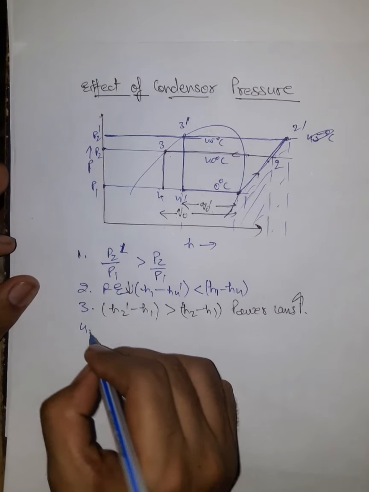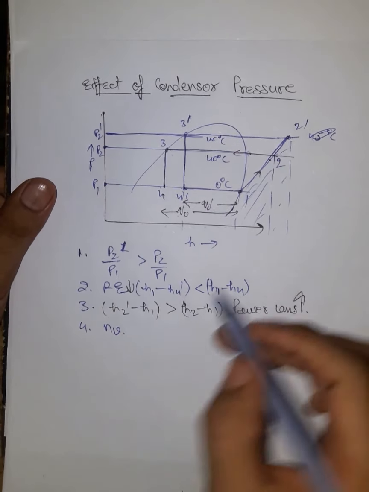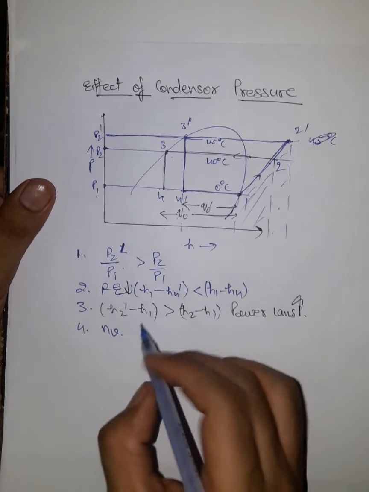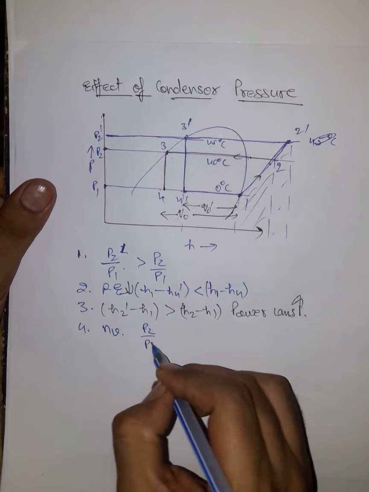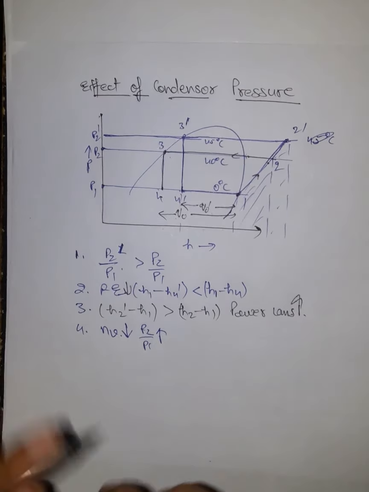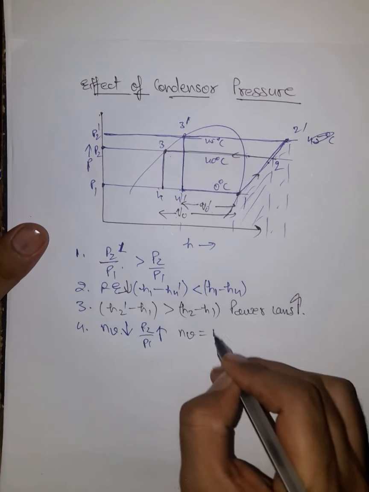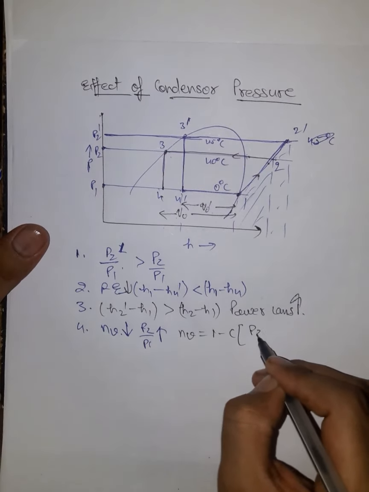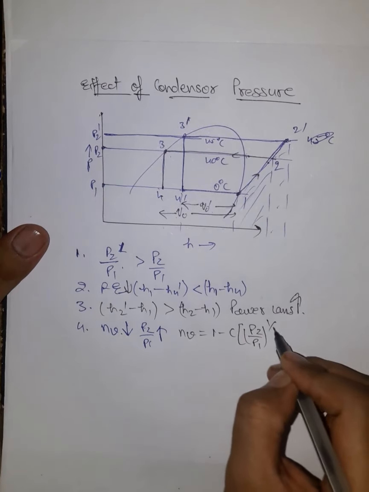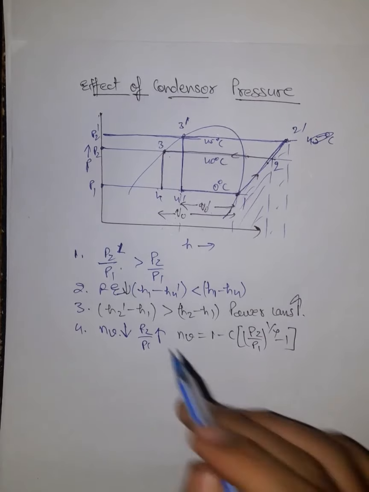If we talk about the volumetric efficiency formula, eta V, in this case also the pressure ratio has increased, that is P2 over P1 has increased, so volumetric efficiency will decrease. And this is derived by using the relation eta V equals 1 minus C times P2 over P1 to the power 1 by gamma, minus 1, that we have already read in the last section.